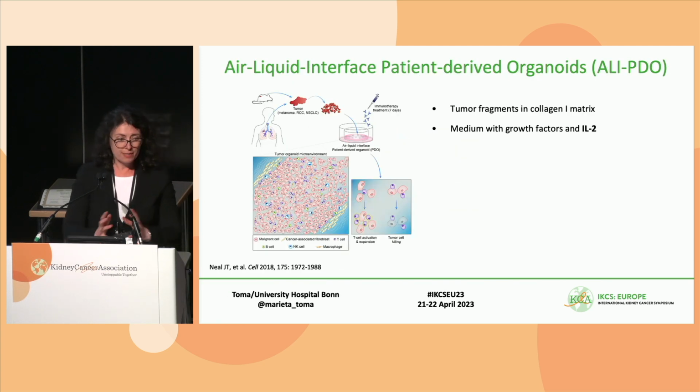Well, it's very nice, but you still miss some components. You are missing the stromal component, you are missing the immune cells. And in 2018, Neal et al. published a paper in Cell. He was working in the lab of Calvin Kuo in Stanford on air-liquid interface organoids. They also took a small piece from a primary tumor, and you can mince that into even smaller pieces of tumor, put that on an insert with collagen,